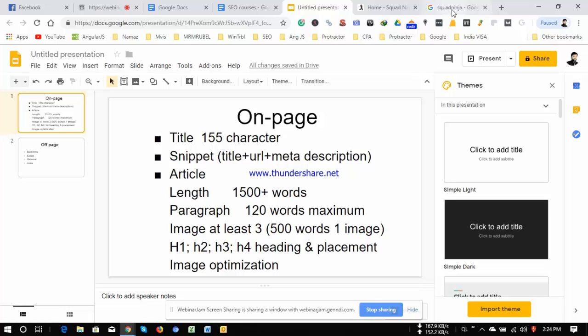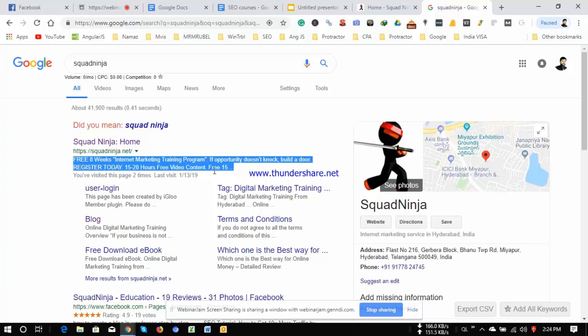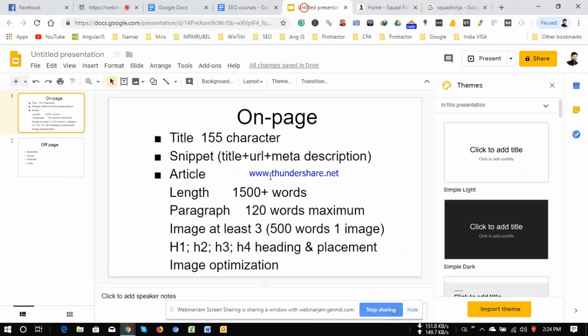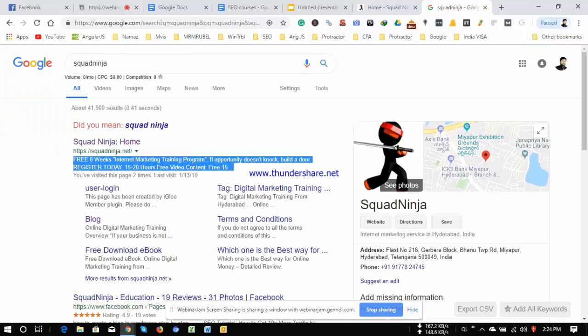On search, you can make your website's headline appear as you want, and you have to do that within the on-page optimization. For snippet view, you put the title, then the URL and the meta description. These three combined give you this view, so you can change it as you want.